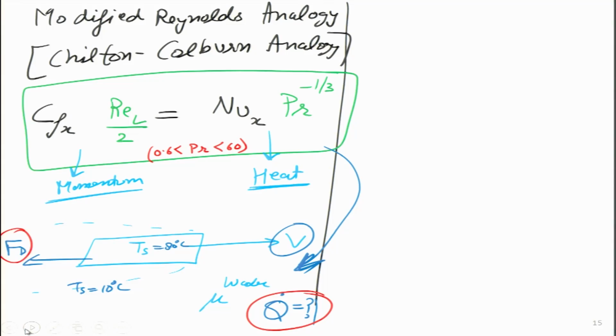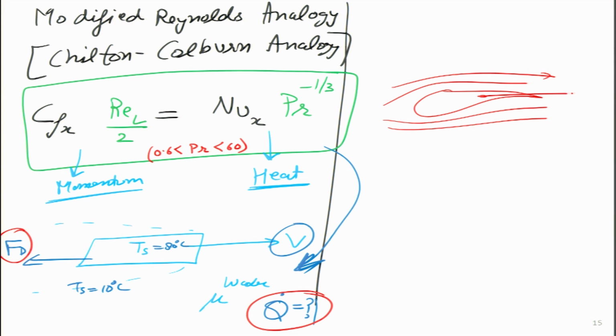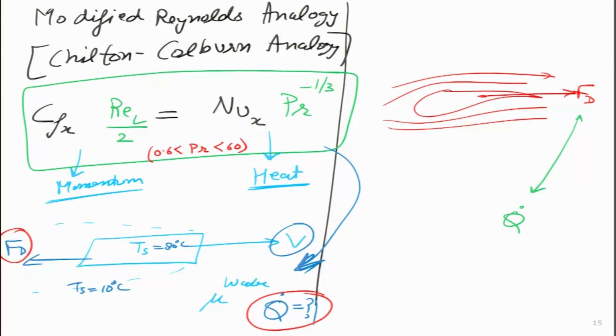So, one example I have shown over here. This can also be true for an aerofoil. If an aerofoil is there, or maybe in a submarine some sort of hydrofoil is there, and under certain assumptions we figure out the total drag force taking place over here, then indirectly, if we know the drag force, we can calculate the value of q dot and vice versa. Both are actually true, and in real life this gives very interesting results as well. I can show it with the shading over here, and please keep in mind that these things are true under certain assumptions.